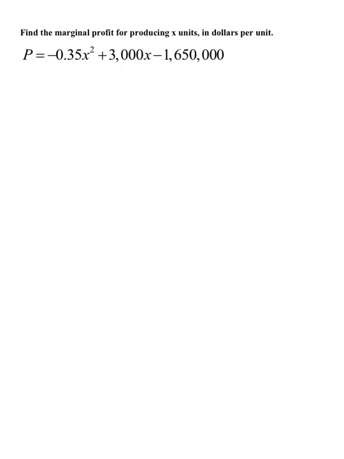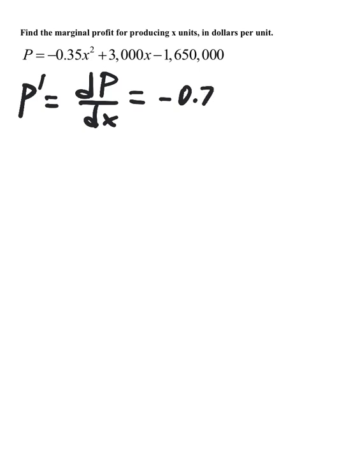And then finally, our last example, marginal profit. Again, marginal means derivative. The change in profit, which can also be written change in profit with respect to x. Negative 0.35x squared, its derivative is negative 0.70x. Take one off your power. Plus 3,000x is 3,000